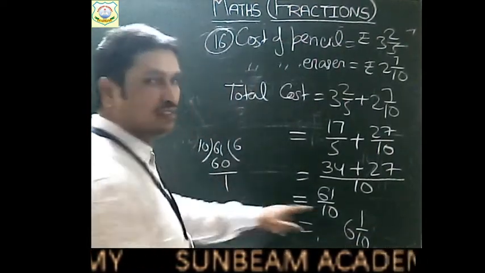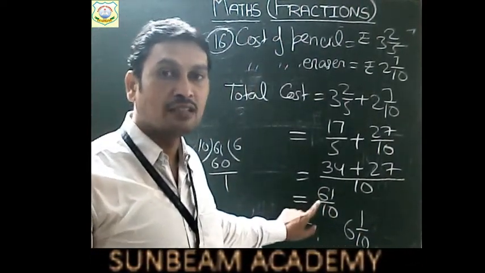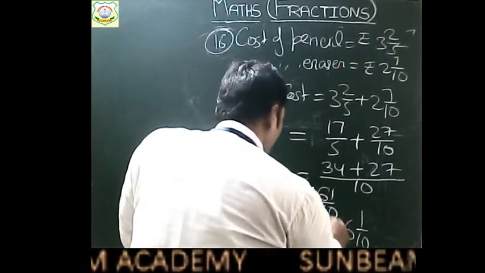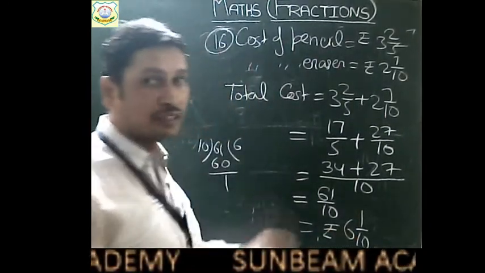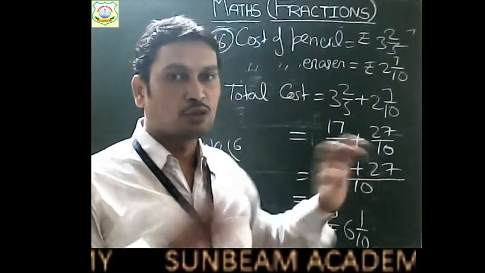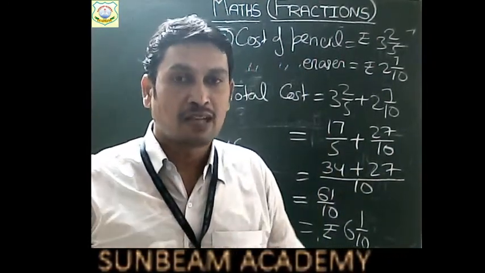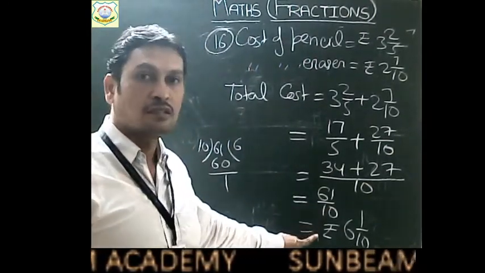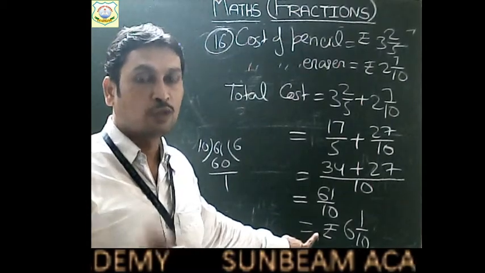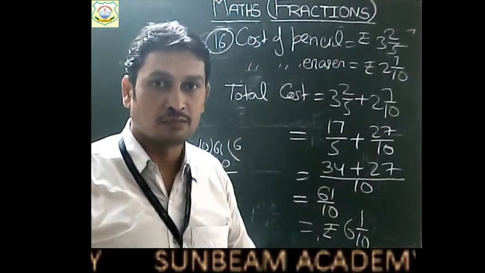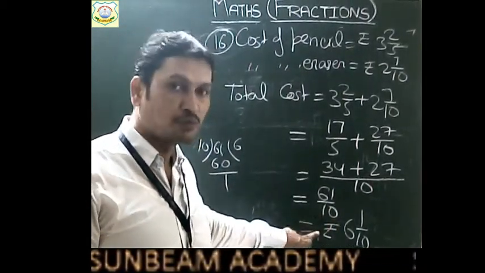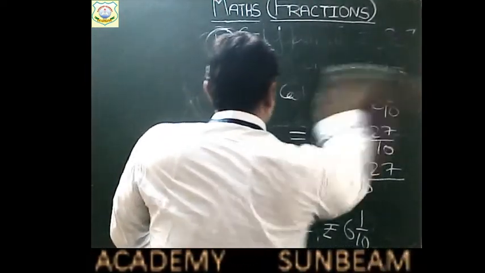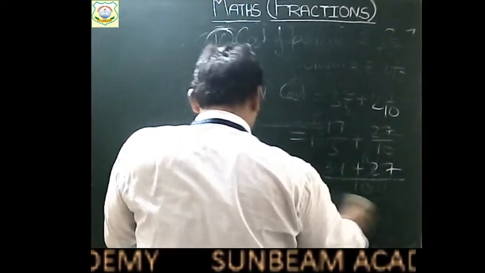And what is this? This is the cost. So don't forget to write rupees also. So the unit is important. Okay. Don't forget to write the unit. Here the unit is rupees. So the unit may be kilogram, gram, centigram, rupees, meter, centimeter, whatever unit is there in the question, that is necessary to be written here. Okay. For the unit, half marks are cut in the exam. Right? So here the unit is rupees. So this is the total cost. In this way you can solve question number 17.